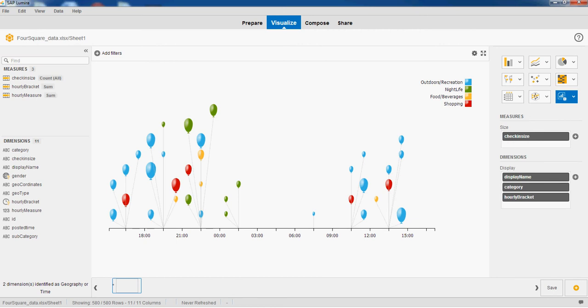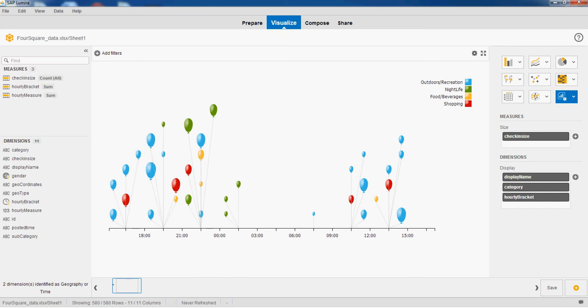So this is the visualization which we have created, the balloon visualization. If you look here, the balloons are of various colors, and each color represents a category. Blue ones represent outdoors recreation, the green ones nightlife, the yellow-orange ones food and beverages, and red ones shopping places.